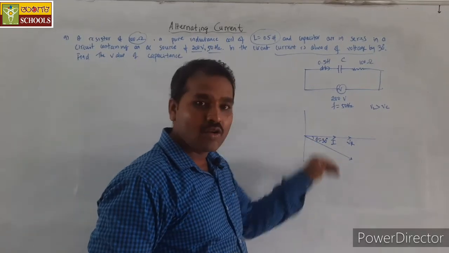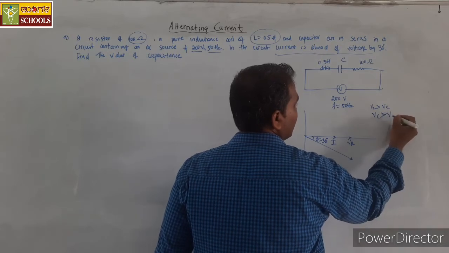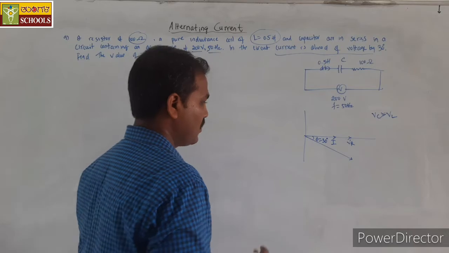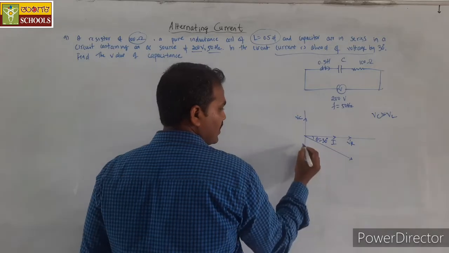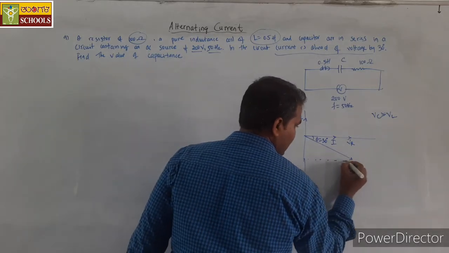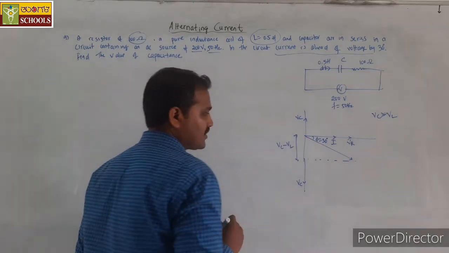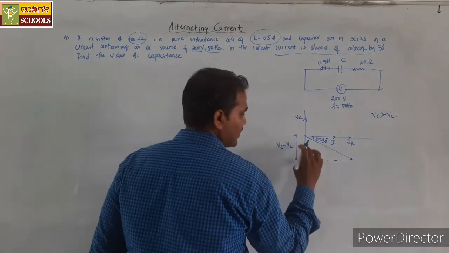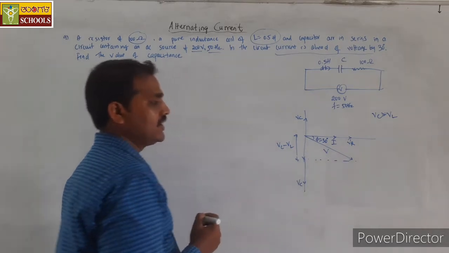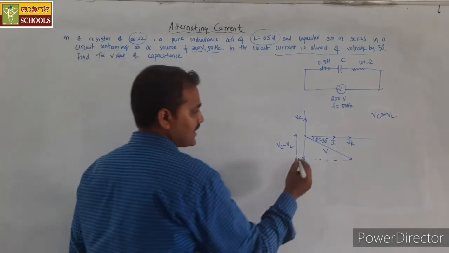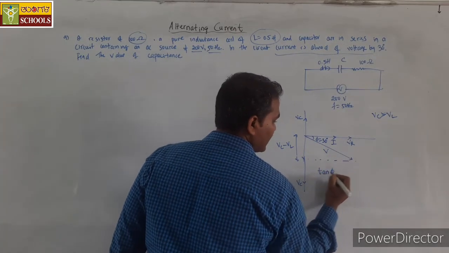And we get it downwards when VC is greater than VL. So I will have some VC somewhere here and VL will be somewhere here. The difference in this VC and VL, I can write as VC minus VL. And the resultant of this VC minus VL and VR will give me the resultant voltage V here. In this case we are drawing this phasor diagram just to get the value of tan phi.